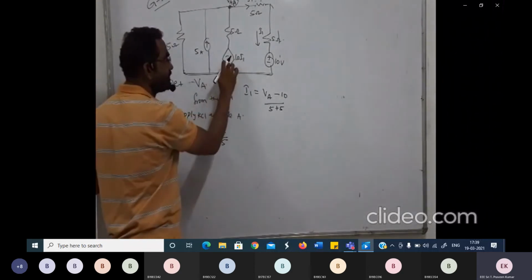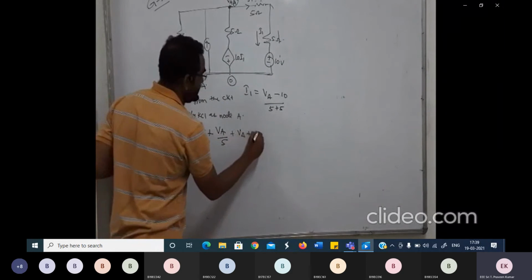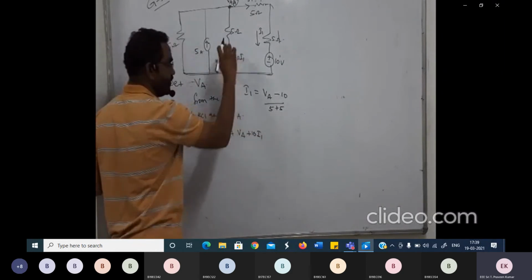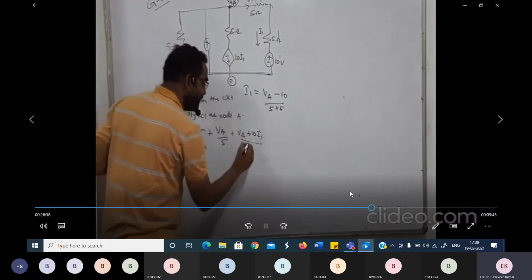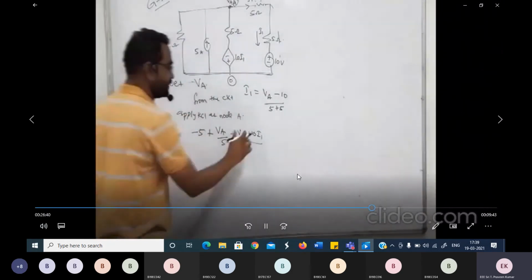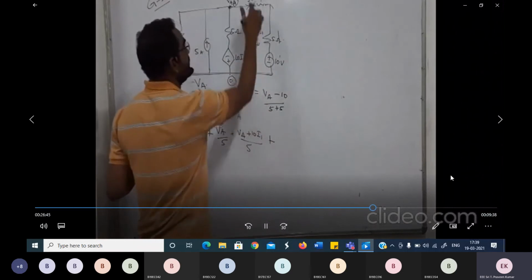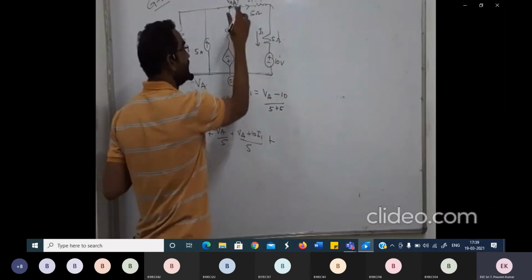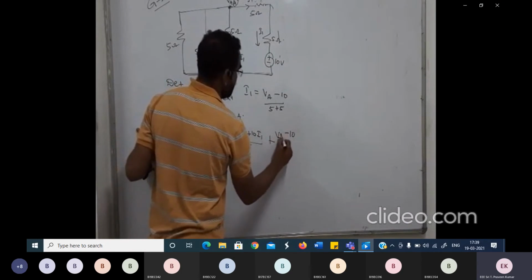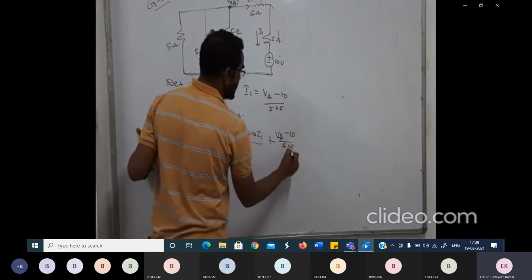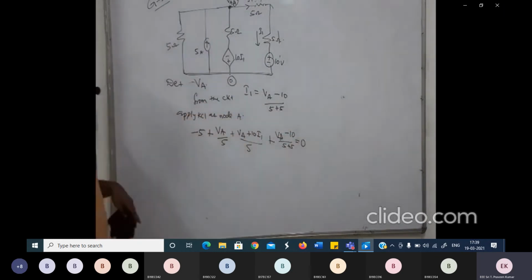So this sign we have to take as positive, plus VA plus 10 into I1, which is the voltage across this source, divided by the resistance, 5, plus, now what is the current in this one? This is nothing but I1, but I have to take the voltage equation. If I have to write, I take it as VA minus 10 divided by 5 plus 5, right? Now this is equal to 0.